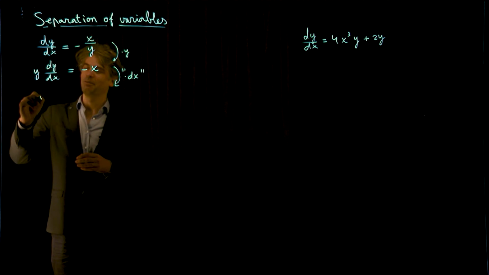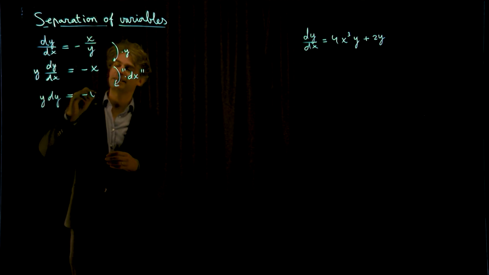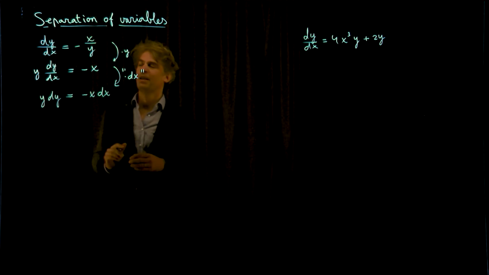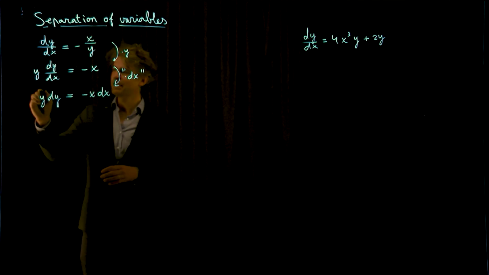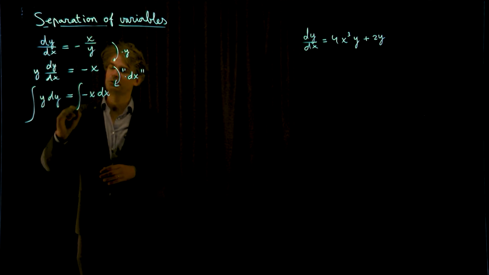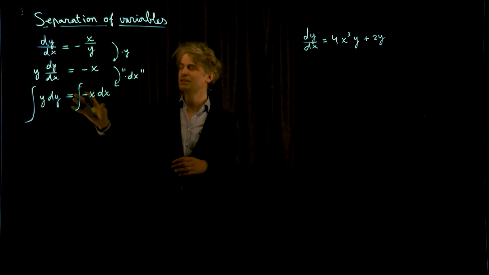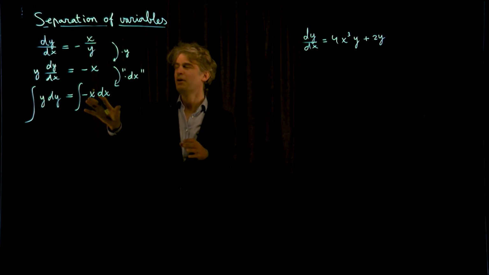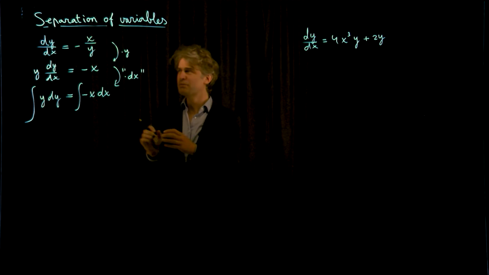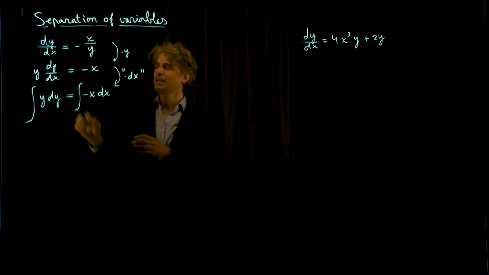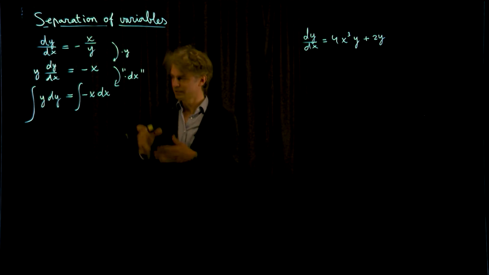So what do we get? Well, if you do that, you get y dy equals minus x dx. Now, this really doesn't make sense, does it? But it does as soon as I integrate both sides. Now, the step from here to there can be theoretically justified. It's not part of this video, but now we are okay. And the nice thing is, now we've changed our differential equation into a problem where we just have to integrate two sides of the equation.